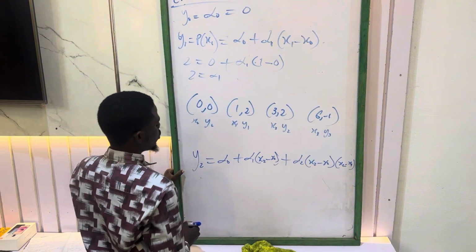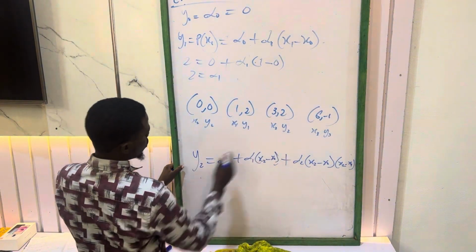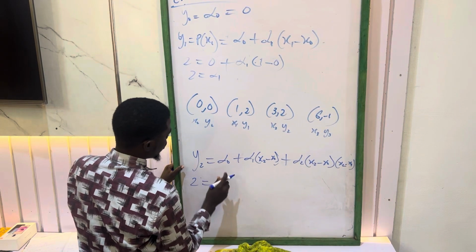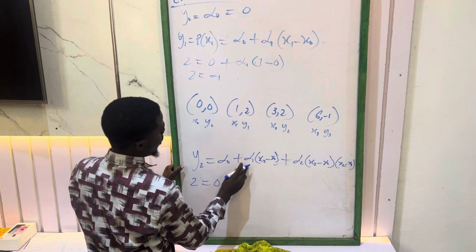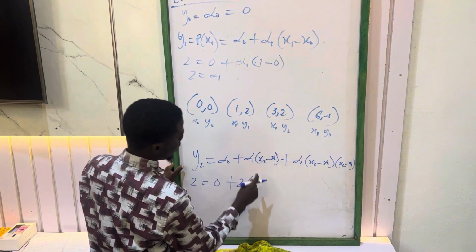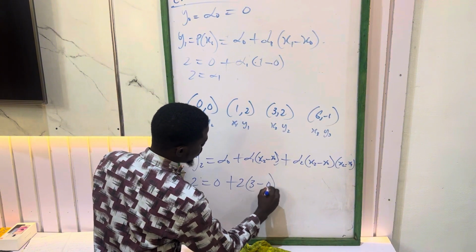So I'm going to stop here. Now, as you can already get from our point, our y2 is equal to 2. So 2 is going to be equal to our alpha 0, which is equal to 0, plus our alpha 1, which is equal to 2. So 2 into bracket our x2, from here is giving us 3 minus 0, then plus